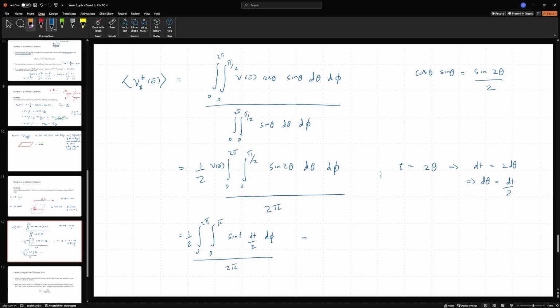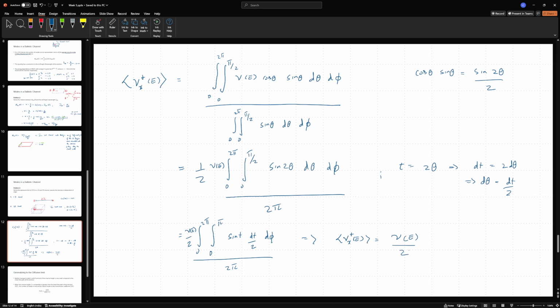And I will write v of e over here. And as you can see, everything cancels out perfectly well. And we will finally have a rather familiar looking result. A is equal to v of e by 2,